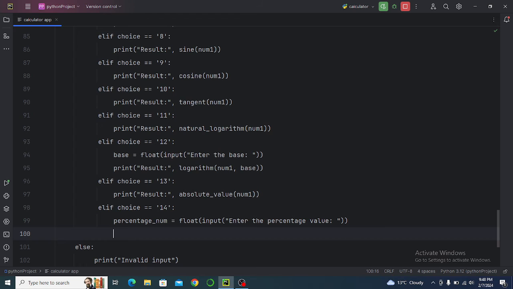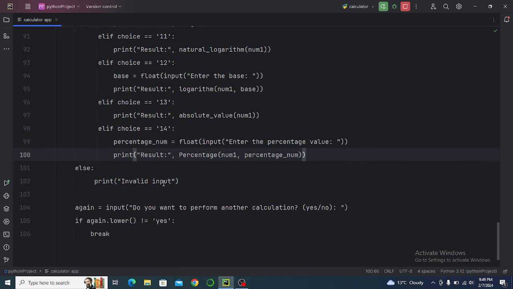Then after I've created our float, we're now going to say print results, print result percentage, you can say number 1, percentage number. Yes, I think